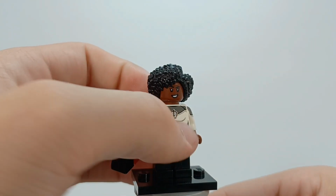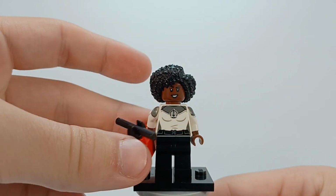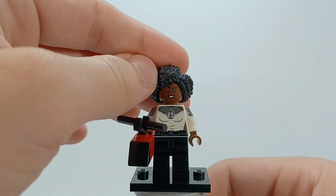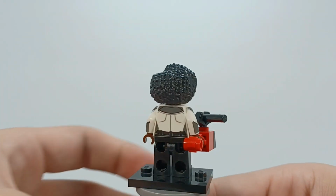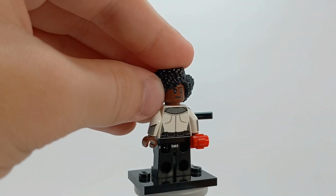I like the torso, I do, but I also don't. It's just a sword shirt. It's nothing special. No leg printing. Again, like I said, she's the second one without leg printing. I believe this hairpiece is new for her, which honestly works fantastic. She's got a smiling face on this side, and then she's got kind of an eyebrow-raised smirk on